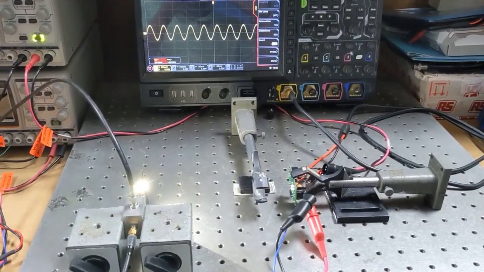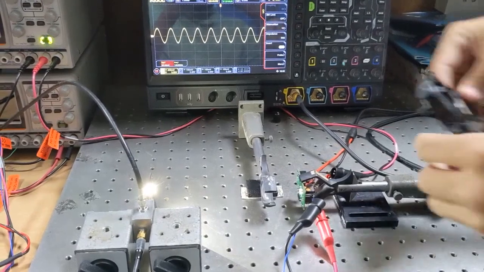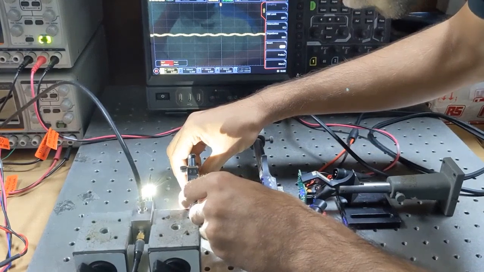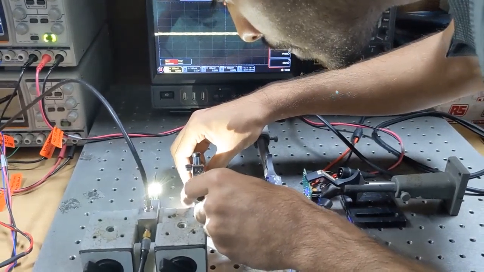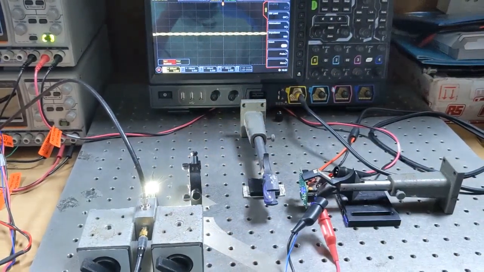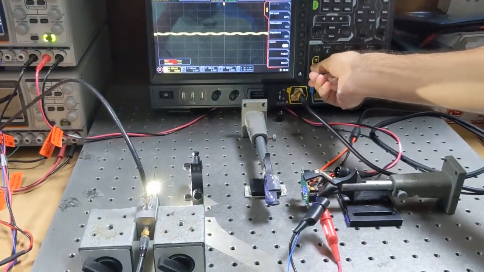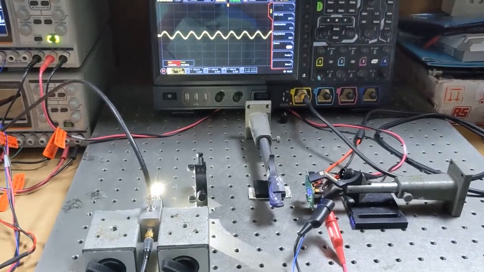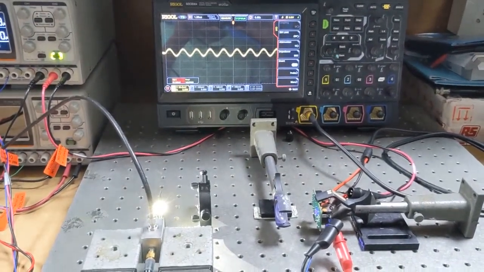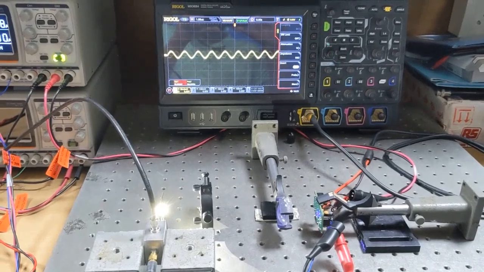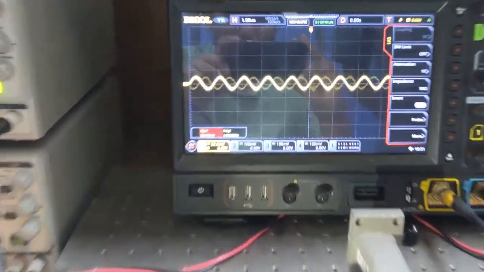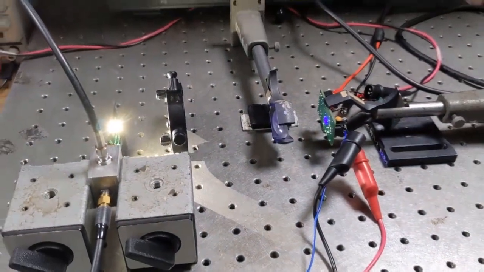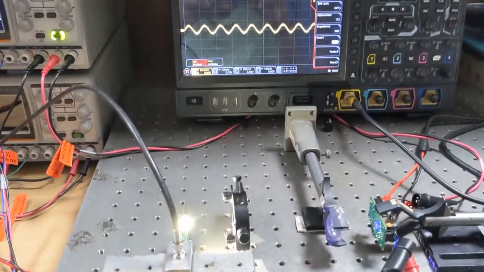Now I am using the blue filter between LED and photodetector. You can see that after using the blue filter, the amplitude of the signal is reduced because of the photosensitivity of the photodiode, which is 0.2 ampere per watt at 440 nanometer.